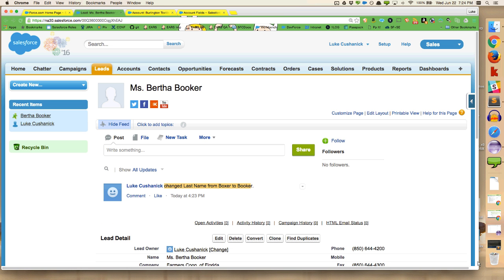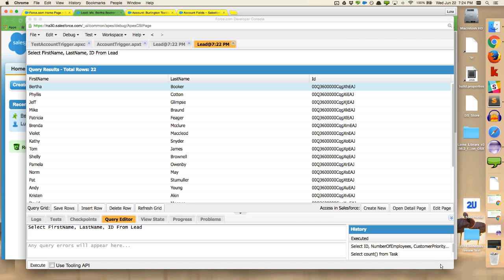So let me get back to my developer console here as we continue our tour. And it also gives this opportunity to create new records, as well as going right to the edit page. So this can be a particularly fast and efficient way to pull up records in your Salesforce org, to edit them, and to really get around some of the constraints that you might encounter in the list views or reports